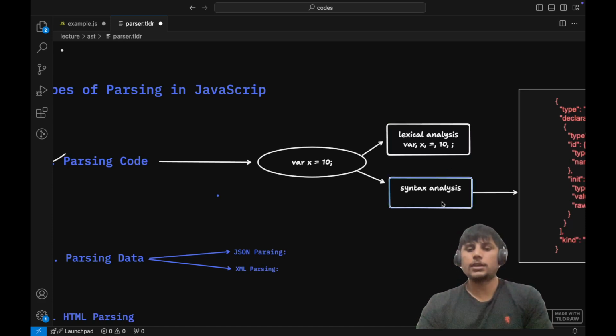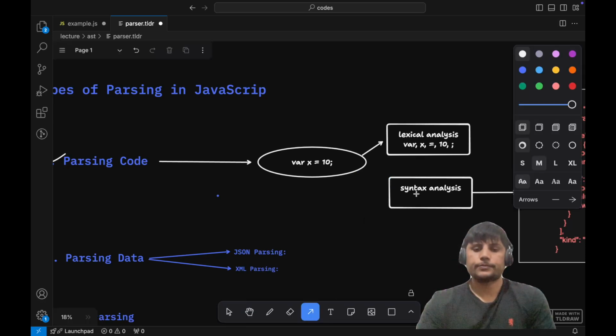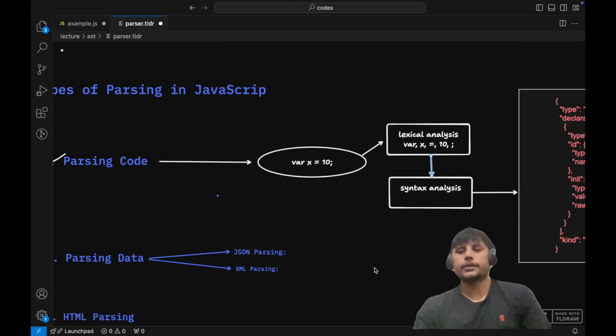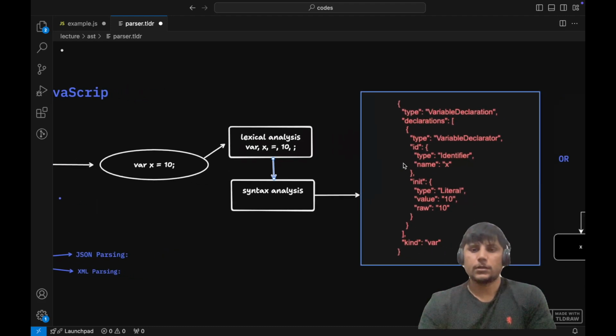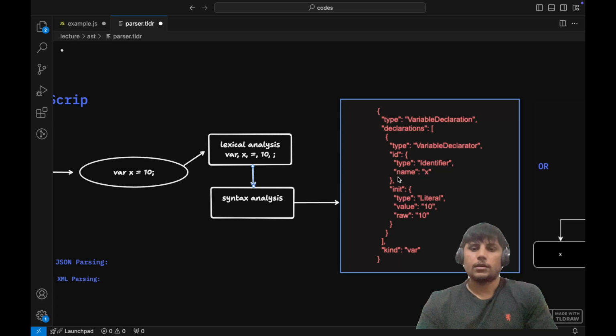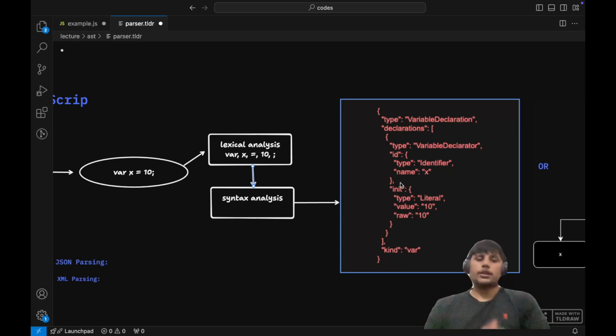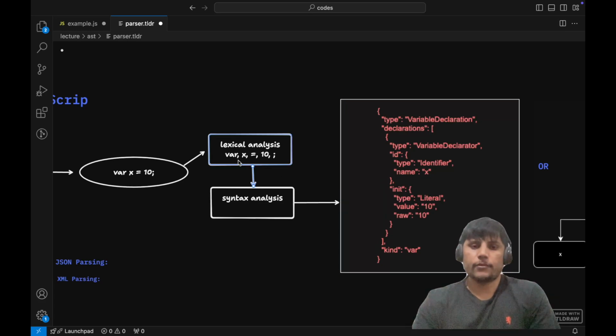And then it does the syntax analysis. When in the syntax analysis, it creates a tree of these tokens generally. This is the tree which it generates in the background, like you have var x equal to